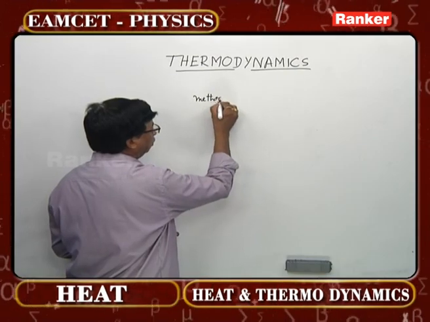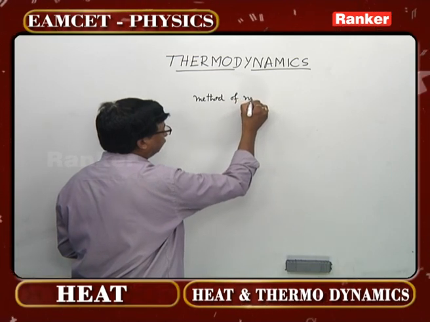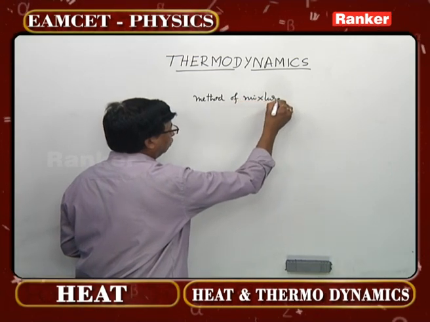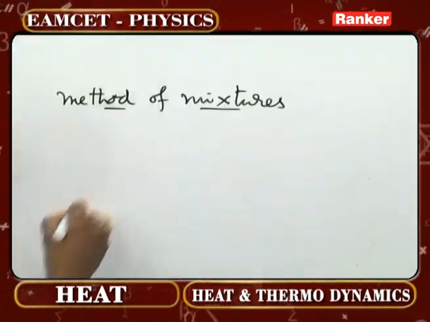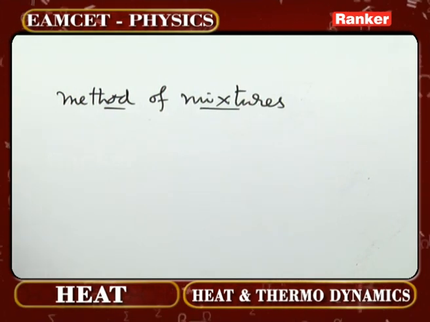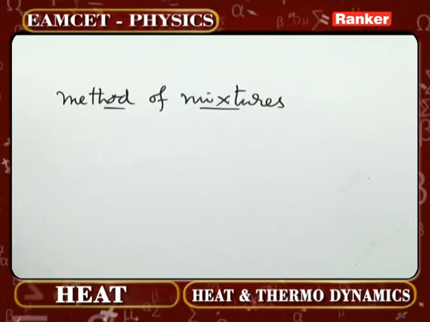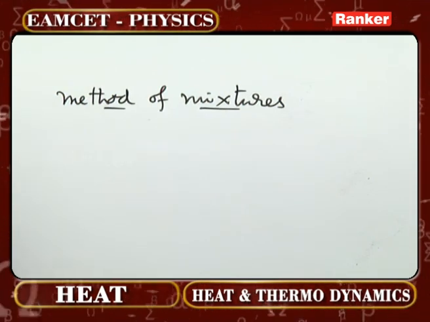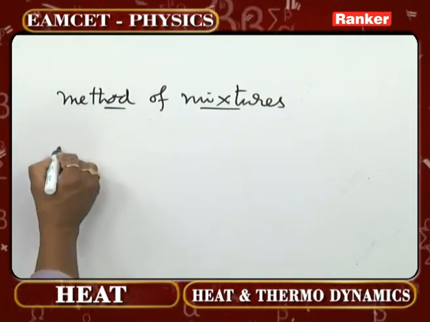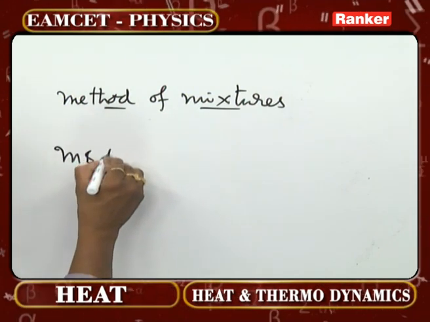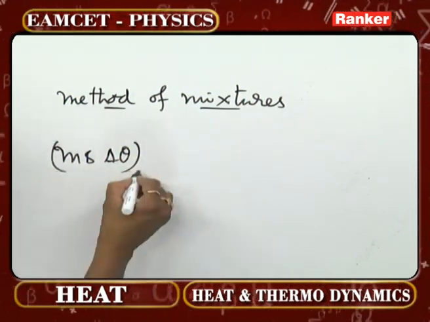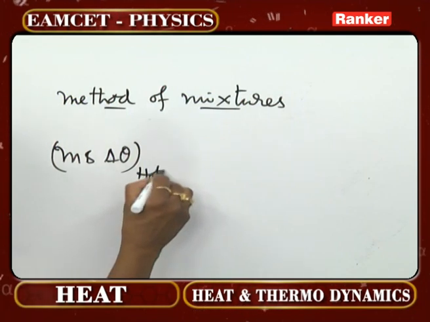We all know what this method of mixtures is, what it is used for. By using this method of mixtures, we used to determine the values of specific heat capacities of different substances. Now look at this case, ms delta T, that is the heat lost by hot body,